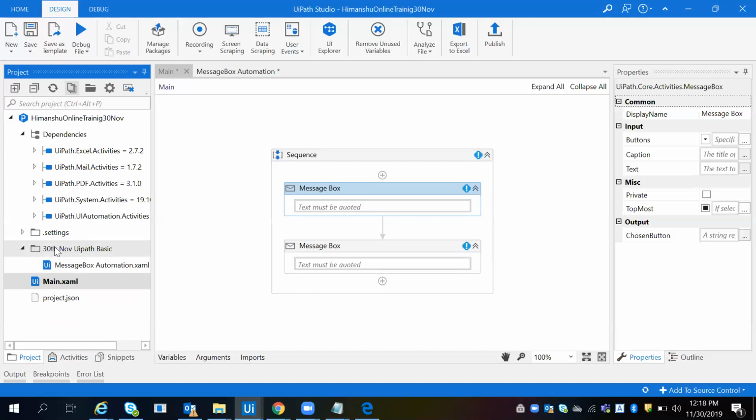Suppose we are doing the Uber project. We'll create a folder called Uber, and inside the Uber folder, whatever Excel automation, web automation, or mobile automation, each and every XML file will be kept inside that one folder. Inside one project we can give all the names one by one. If you want to create all the programs by name, you can create any folder, and inside the folder you can create your subprocess. Now fine? Yes, sir.